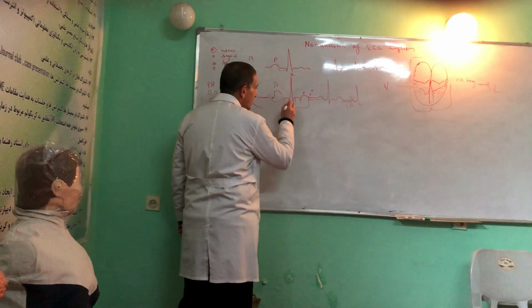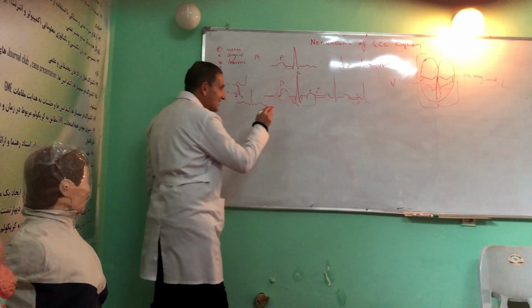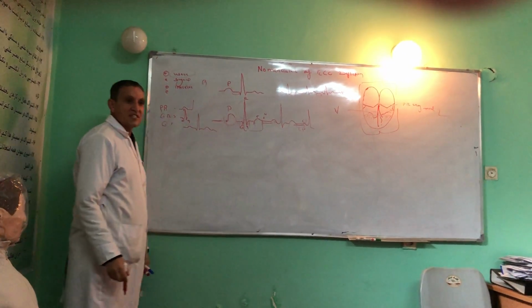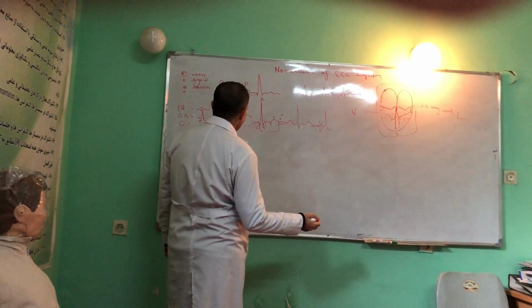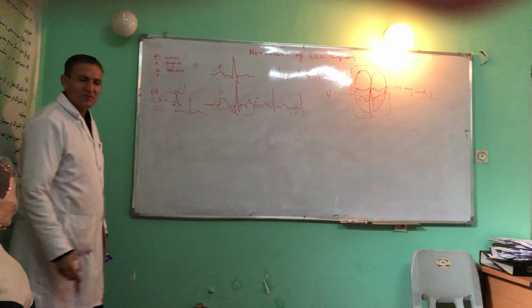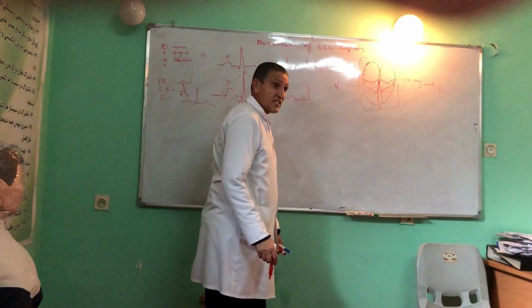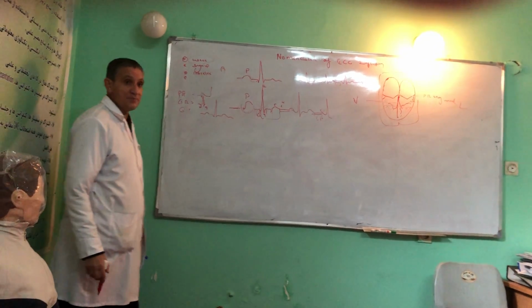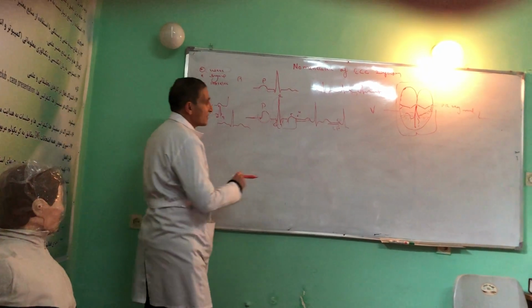Right now, tell me about the duration of the normal QRS complex. It also gets 3 small squares. You should not forget that term of 3 small squares, which represents 0.12 seconds. Right now, we come to the QT interval. The QT interval involves 10 small squares. It represents 0.4 seconds or 40 millimeters. This was about the duration of the QT interval.